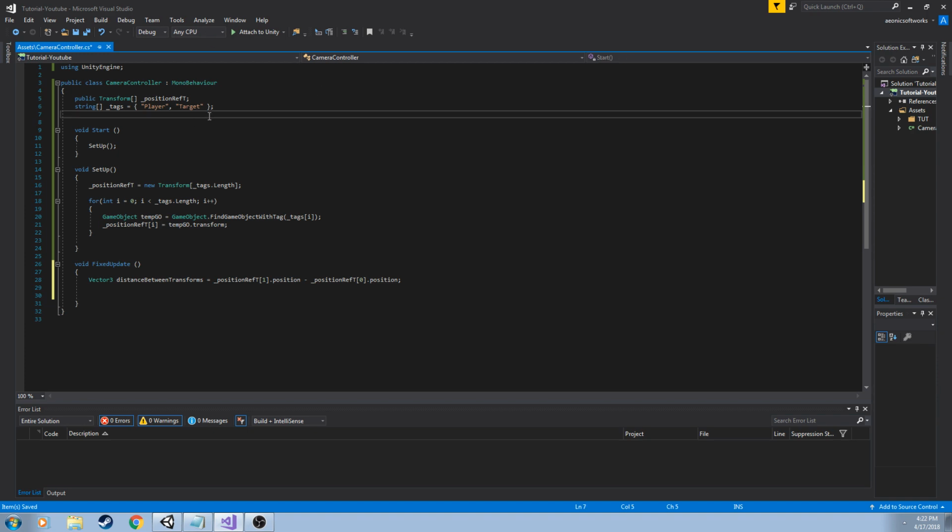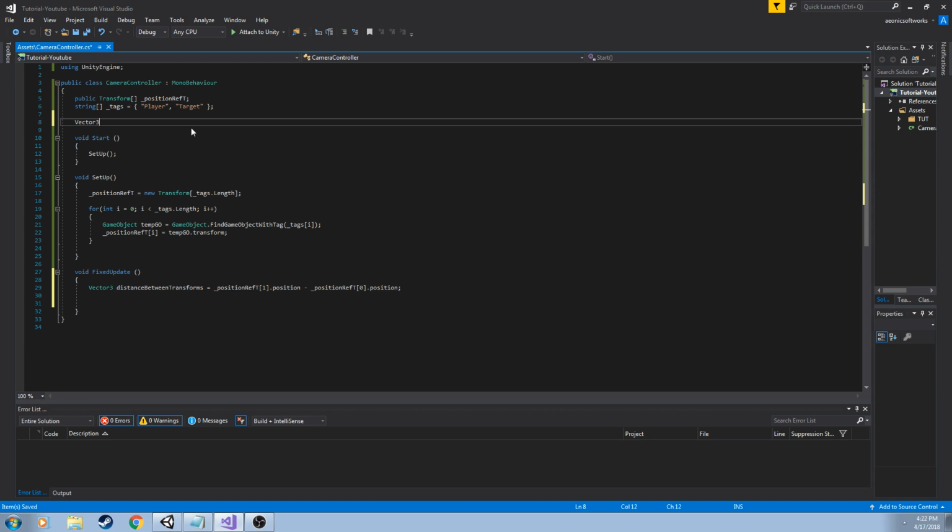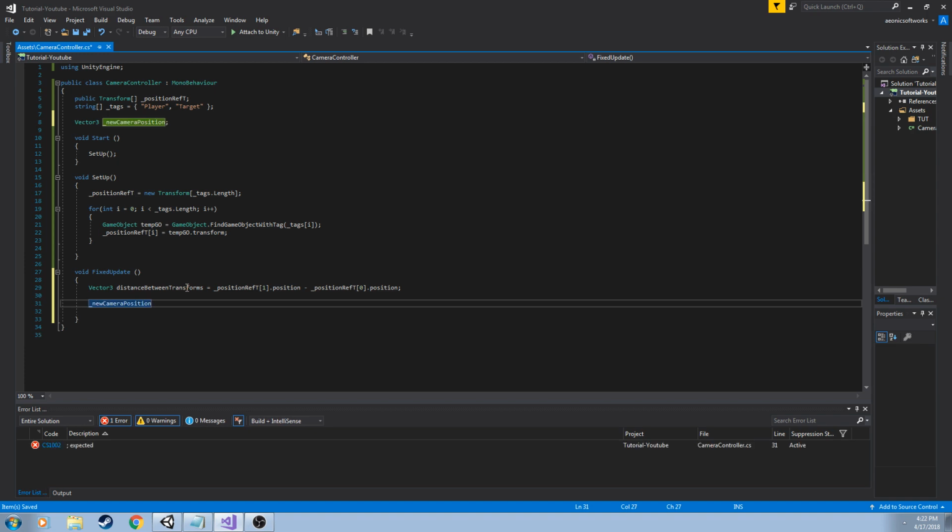So what we're going to need to do at the top here is declare another Vector3. I'm going to call this newCameraPosition. We're not going to put any value into that just now, we're just going to use this at the bottom. So at the bottom, just where we've made that new Vector3 in the FixedUpdate, we're going to set the new camera position to be equal to positionRef[0].position plus distanceBetweenTransforms, which is that Vector3 we've just created,